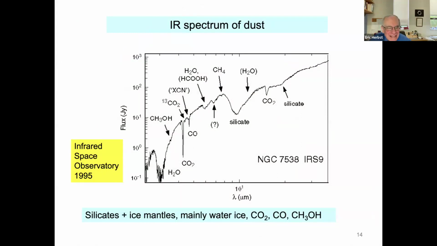So infrared got started also, and this is the Infrared Space Observatory, a European satellite. The problem with doing infrared studies from the ground is that our atmosphere does not like infrared radiation. There's too much water vapor, even in a desert. So what we have to do, for the most part, is have satellites surrounding the Earth or even farther, and then the data can be beamed to the Earth and analyzed.